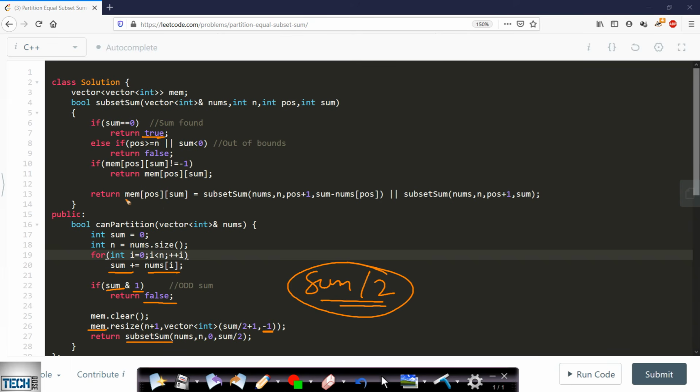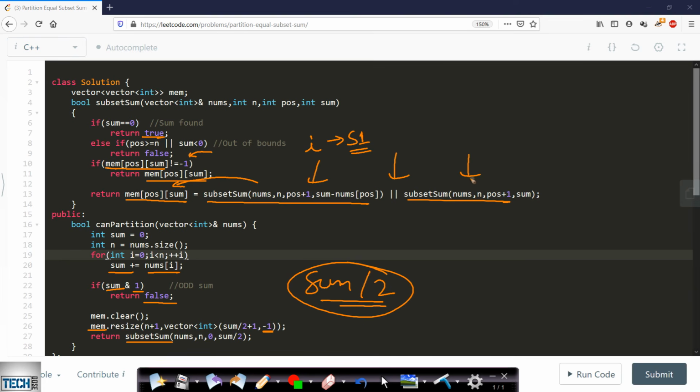Okay, so this is the memoization array. If the memoization array is already calculated for a given position, then we will simply return the value. Otherwise, after calculating, we will store it in the memoization array. And here you can see that we have taken the OR symbol. Why is this OR taken? This is having two choices. The first one is saying that we are including an element I in subset S1.